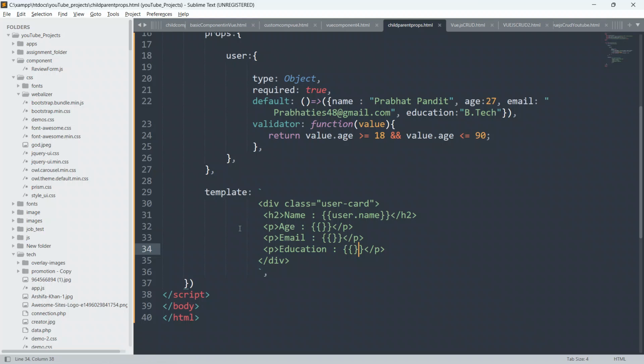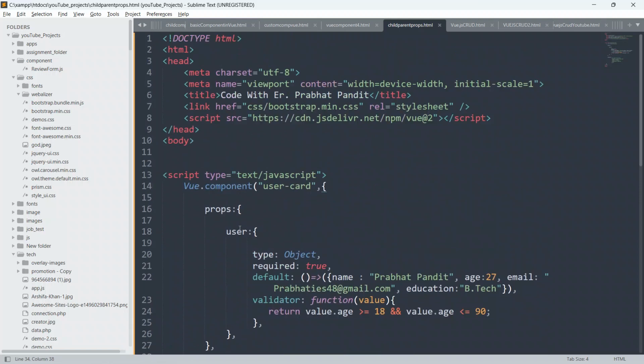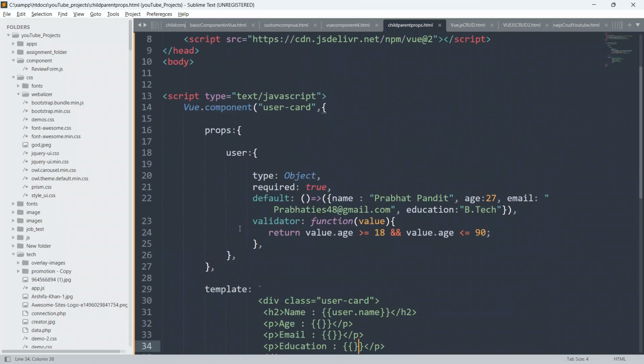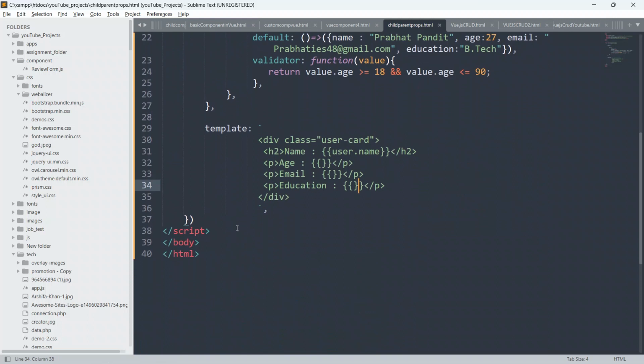Now we have to create our Vue.js instance, so that we can mount this Vue.js component to our HTML part, and only then can we show our output to the user. So I'm going to define the Vue.js instance also. Below this, let me write a comment: create a new Vue instance.